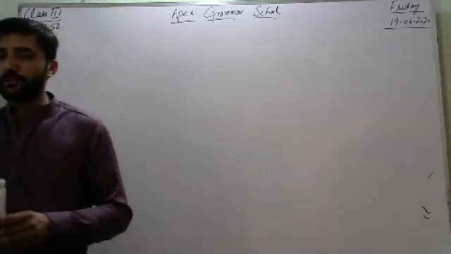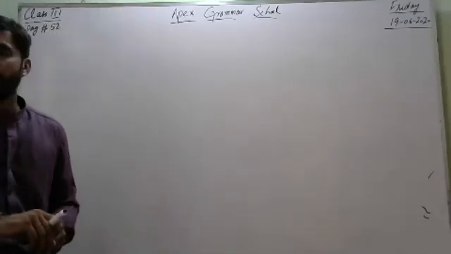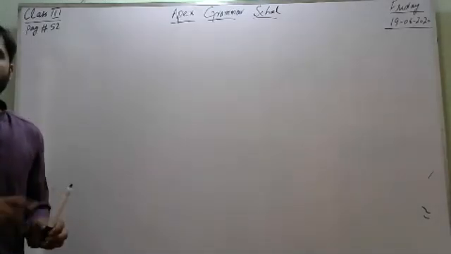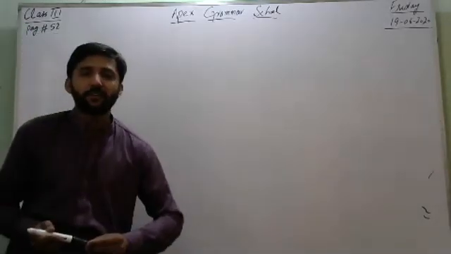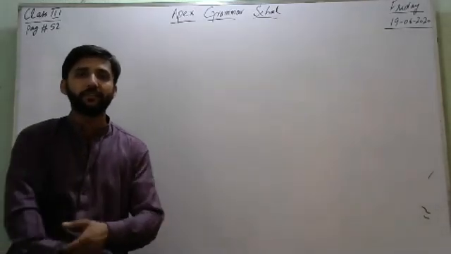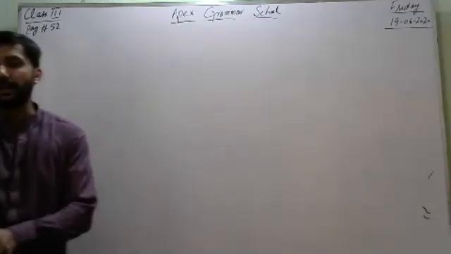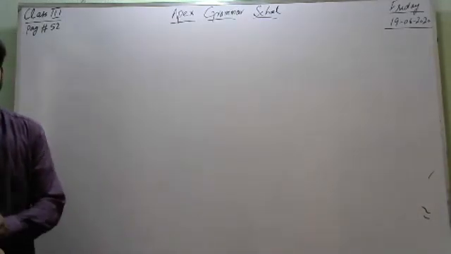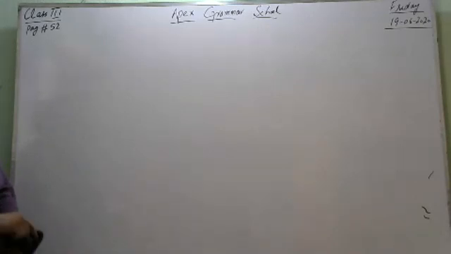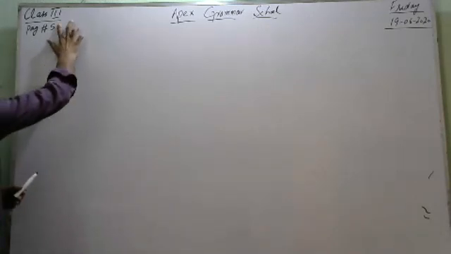Students, our today's topic is also adding and subtracting, but today we are going to subtract in phase of money. If different prices are given to you, then we have to find out the total price, or we have to find out the difference between two prices. This is called adding and subtracting of money. So let's start our today's topic, which is on page number 54, question number 1.